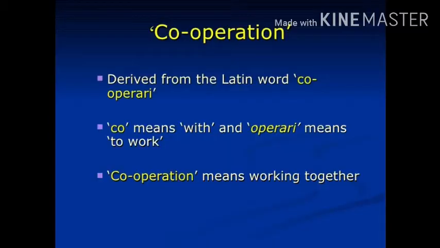So, in this chapter, we will focus on the meaning of cooperative society, how these societies are formed, what are the requirements for registration, its objectives, characteristics, advantages, limitations, and some types of cooperative societies. So let's begin. Before we start the meaning of cooperative society, first of all, I would like to discuss